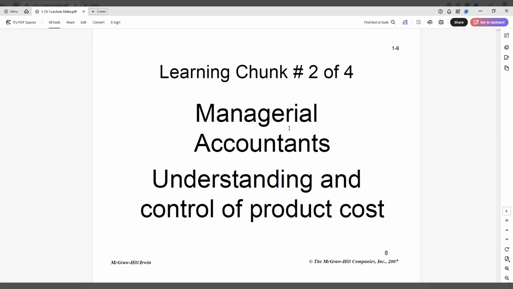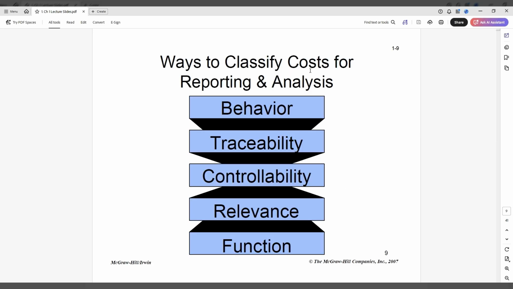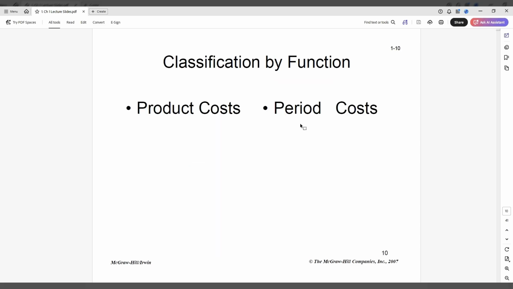Okay, so second part of the chapter here, we're going to gain an understanding and control of product costs. So very high level, the way that we want to classify costs for reporting and analysis, you could identify them by these 5 aspects here. What behavior do those costs have? Are they traceable to a specific product? Are they controllable? Are they relevant? What is their function? So on and so forth. These are the kind of things when we look at a certain cost that we're going to be analyzing. And this is more high level. The thing that really ties into your notes for question number 4, which asks, all costs are product or period, define each, we're going to talk about those 2 classifications because this is a really good starting point for us to understand